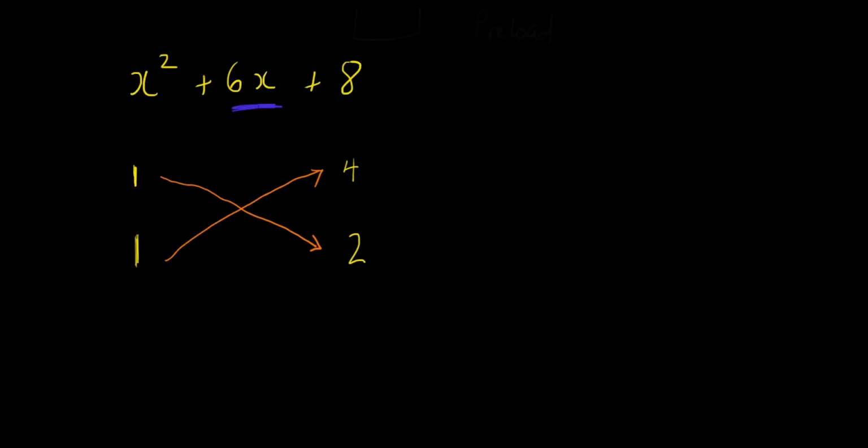So 1 times 2, cross multiply, 1 times 2 plus 1 times 4. This gives me a 2, this gives me a 4. This is equal to 6. Hold on, there's a special property here. That means these factors, when I cross multiply them and add them,